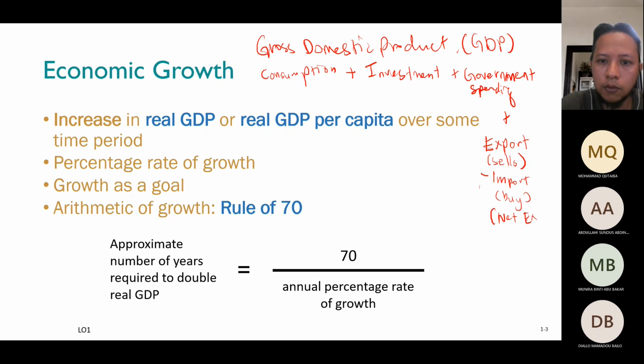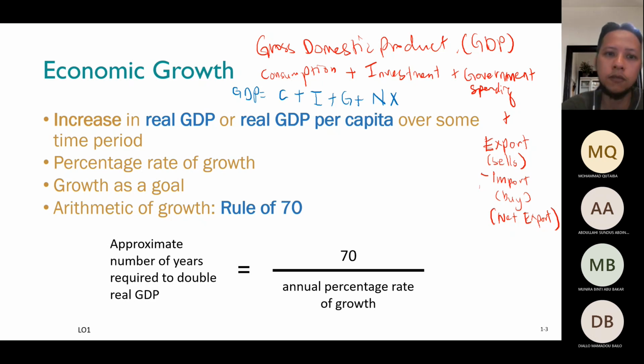So GDP consists of these four factors. In terms of the equation, you will write GDP equals C plus I plus G plus net export,